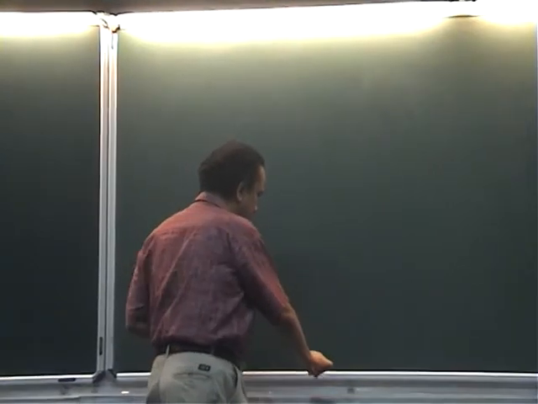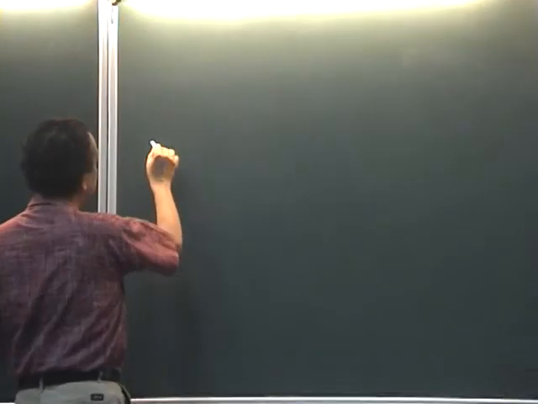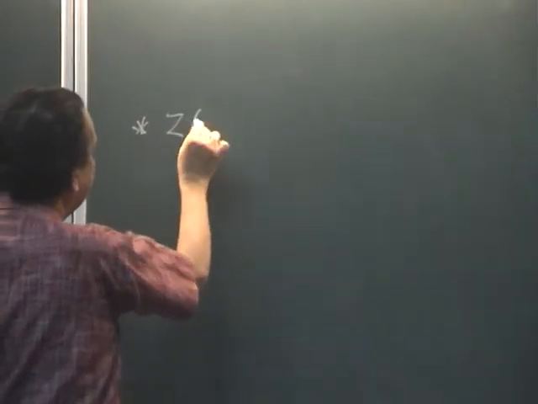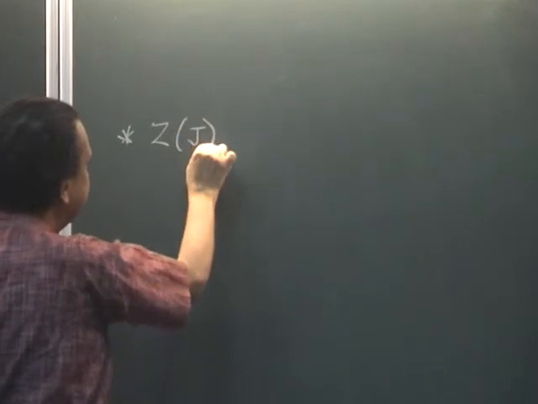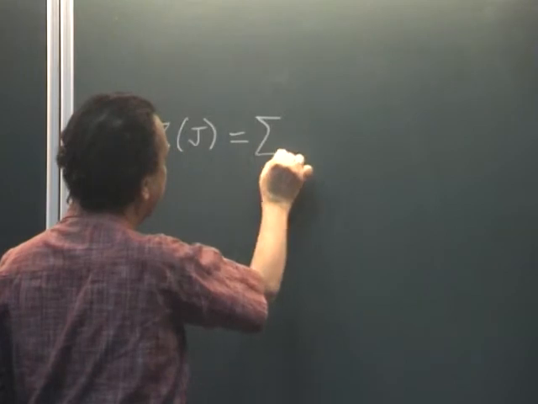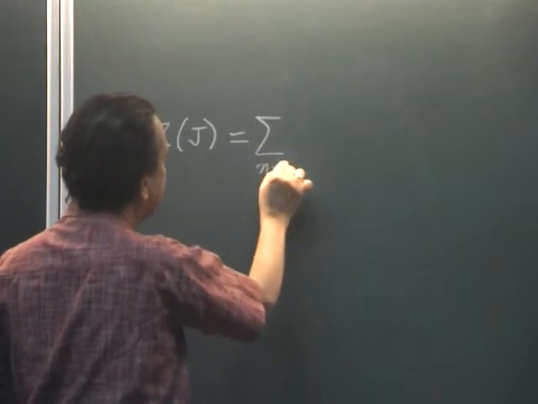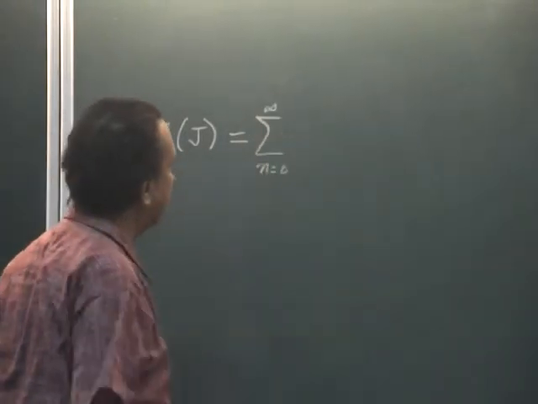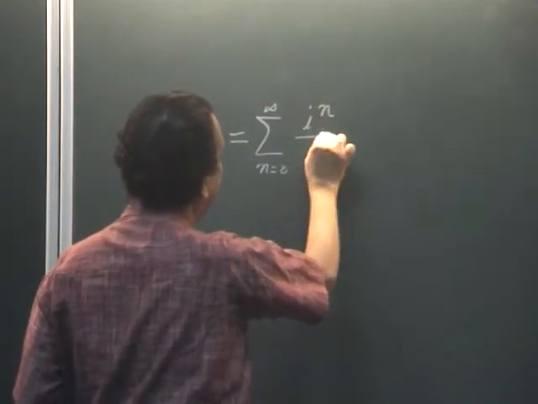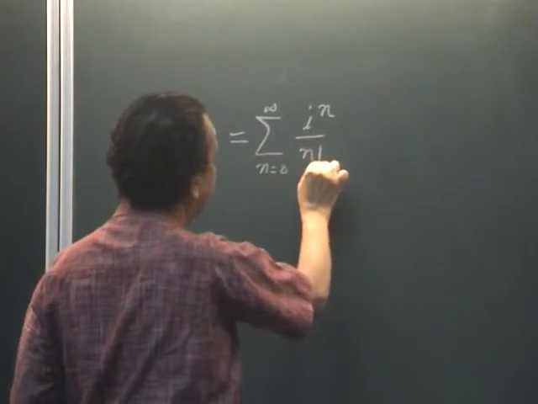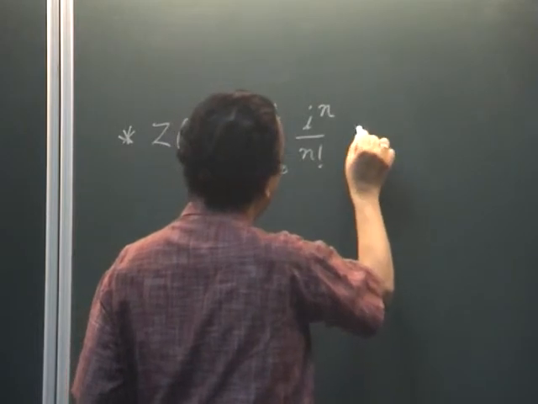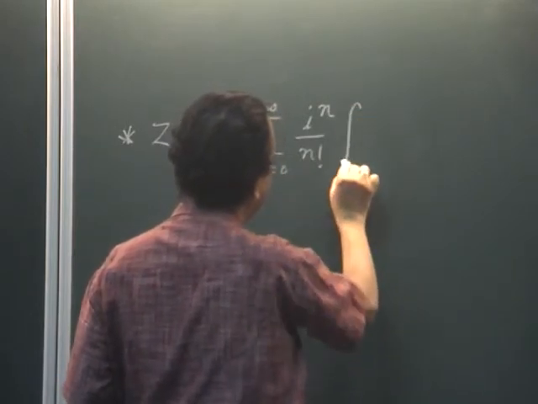I pointed out that once you have the Z of J, that can be expanded in a Taylor series. So n equal to 0 to infinity, i to the power n upon n factorial. Then we had the nth order term will have something like integral